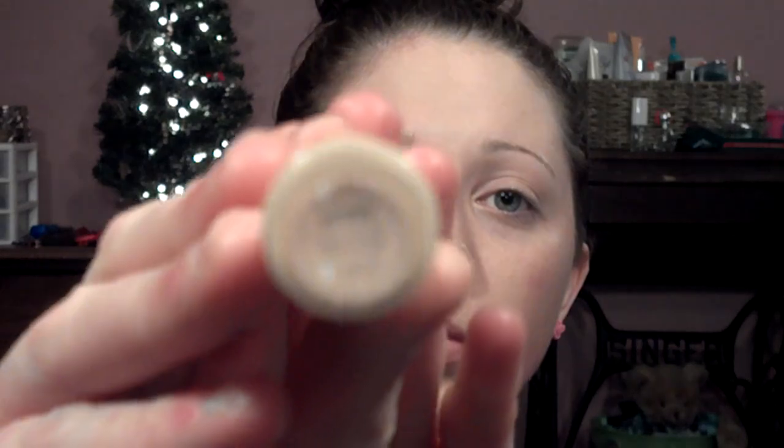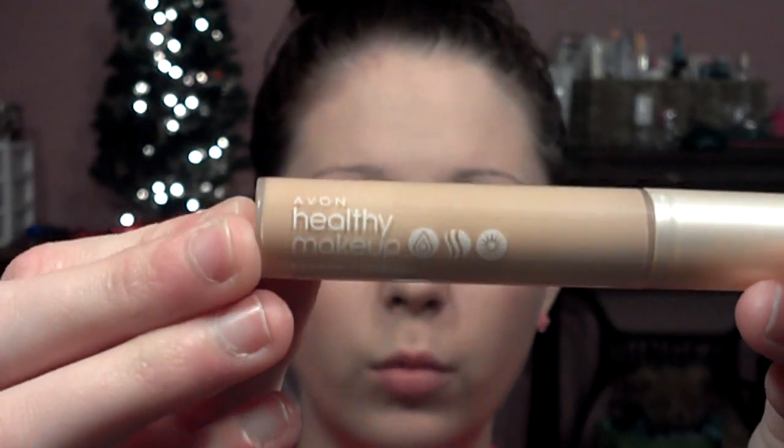It just bothers me. Next I'm going to be taking the Avon Healthy Makeup Concealer in the color Light Neutral. Read that, and then the Healthy Makeup Concealer. It's in white. I don't know if you guys can see that. And it's just a doe foot applicator. I'm just going to dab right there, and then you would go ahead and dab concealer on any blemishes or anything that you need to